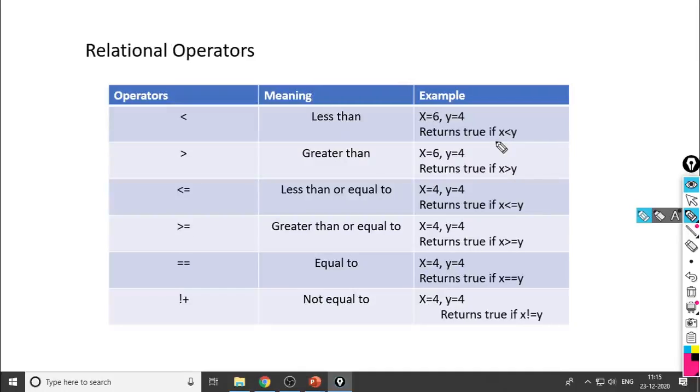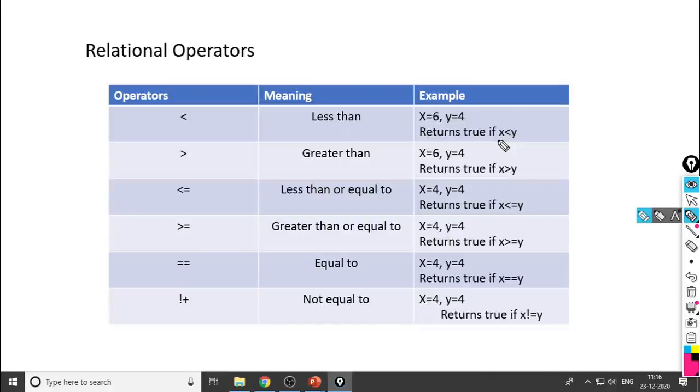Boolean value means what? Either true or false. Whether this statement is correct or not, if this statement is correct, then it will return true. If this statement is false, then it returns false.